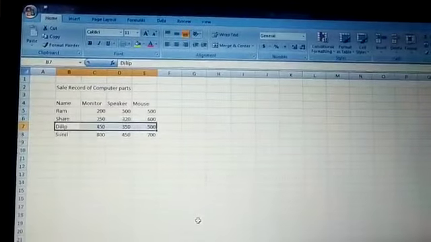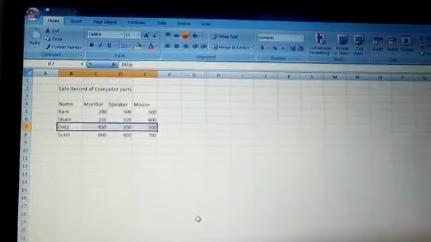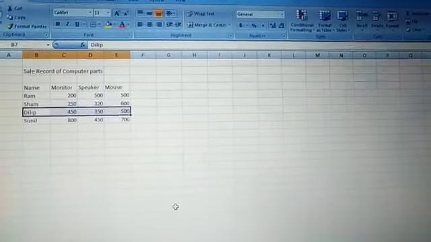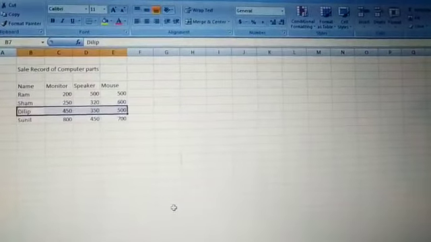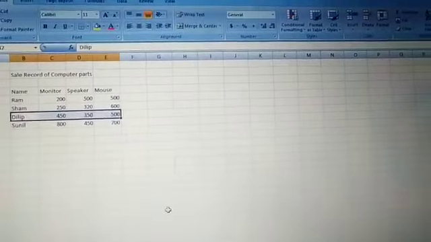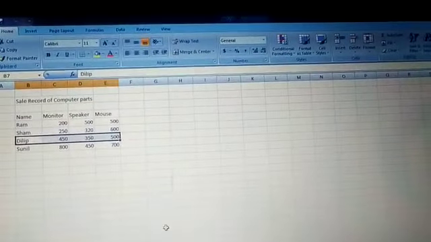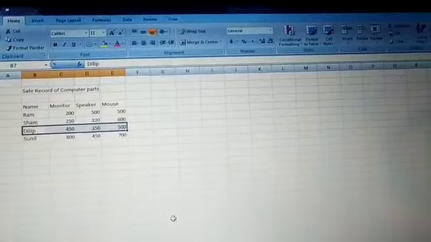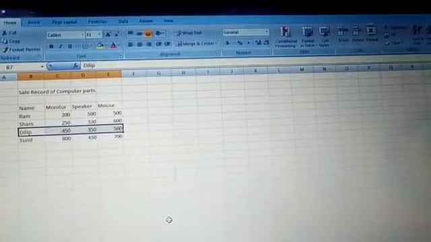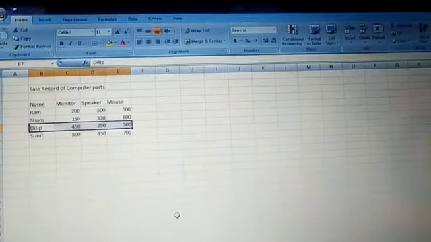And our next topic is undoing changes, which means Excel remembers the last changes that you have made to the worksheet. If you regret these changes, you can cancel them using the undo feature.